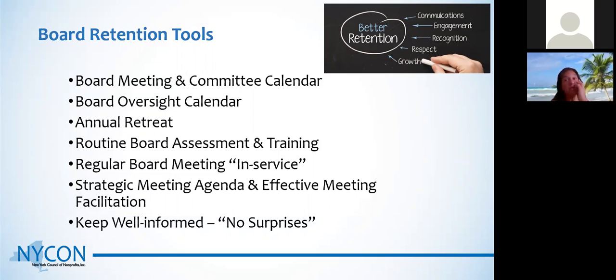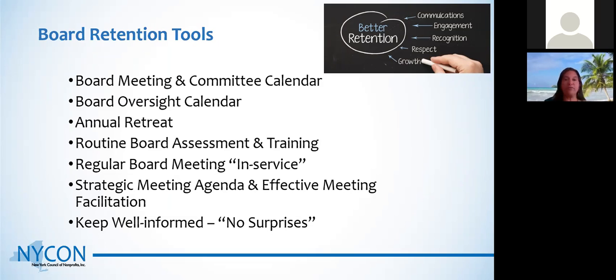The annual retreat is a great resource where you get together and think about what our priorities are for the next year. It may be for big picture strategic planning, it may be for reviewing your progress and developing the next year's priorities. It may be for board development and recruitment, training. But having a board retreat where you get together and spend a few hours outside of a board meeting, outside of a committee meeting, where you're building connections with each other and the organization and the bigger picture goals, is really valuable.